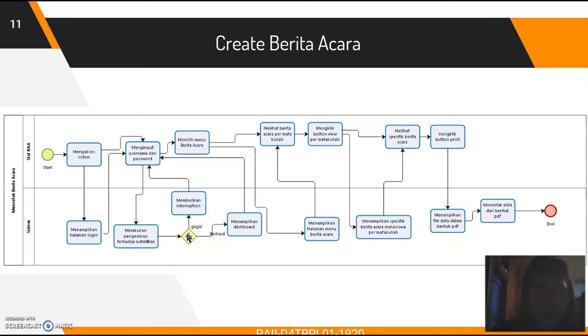If the Staf BAA account fails, the system gives an interruption, and so the Staf BAA will insert the username and password again, and then when the verification is successful, the system displays the dashboard. To create berita acara, Staf BAA will see berita acara per mata kuliah. Furthermore, click the button view per mata kuliah, and then the system displays specifically the berita acara per mata kuliah, and then